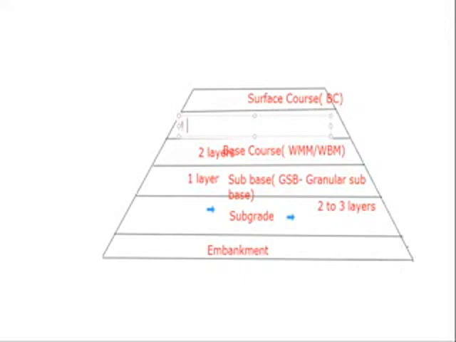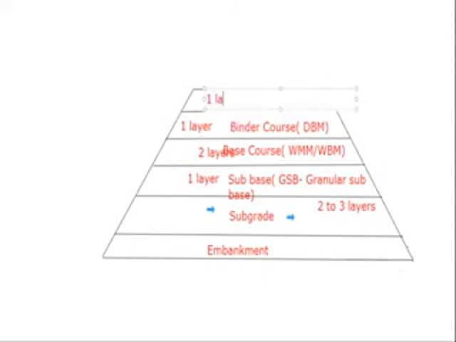Like that the procedure will take place. Here you can understand the subgrade procedure in detail. You first construct the first layer. Once all the desired limitations are achieved, next you construct the second layer. Like this, usually the construction procedure takes place in the field. This is the basic procedure.